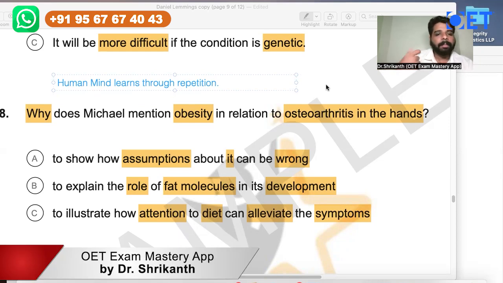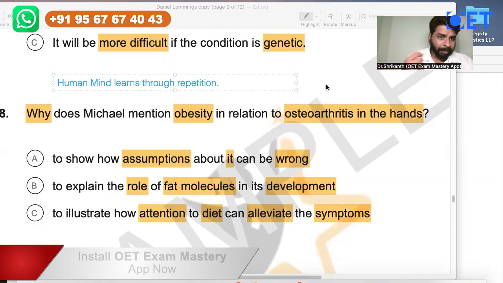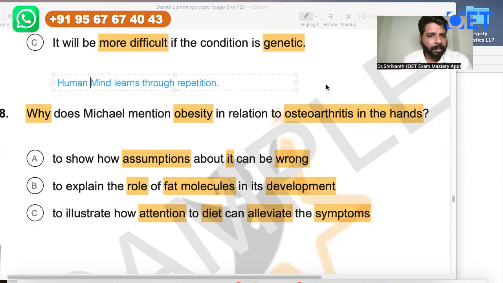If you don't expose yourself to the tough questions repeatedly, if you're simply doing material 1, material 2, material 3, then there is no repetition. It is just fresh information coming and coming. You're not going to learn any strategies. So if you want to learn strategies, you have to put yourself through an uncomfortable process,